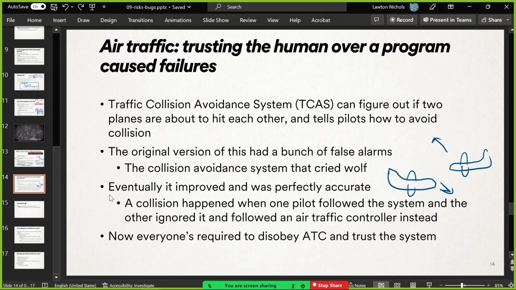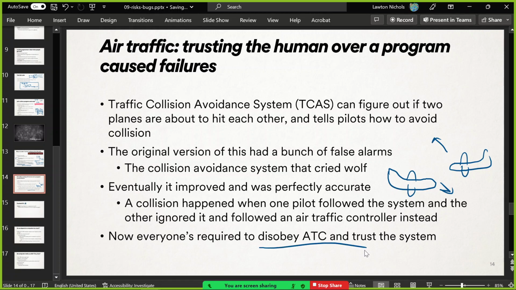So unfortunately, a collision in the air happened when one pilot followed the TCAS system, telling it to do one thing, and the other one ignored it and listened to the air traffic controller, a human telling them what to do to avoid each other. And so maybe one pilot was told by the system to increase altitude, and the other pilot was told by the system to decrease altitude, but the air traffic controller was saying, no, you go up too, something like that. And so unfortunately they collided because of that, and nowadays the software is correct, everybody loves it,